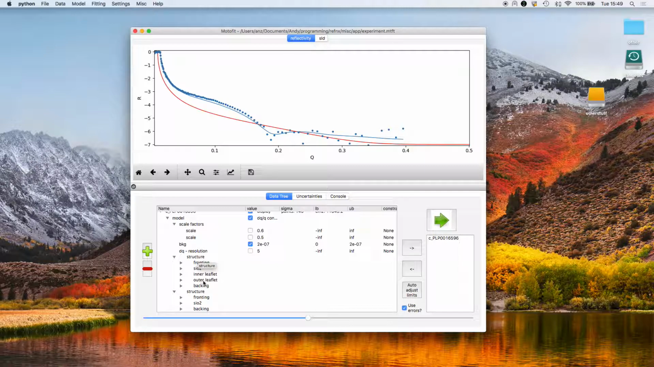We have this first structure with the inner and outer leaflet on, that sits in between the native oxide and the D2O, or the backing medium. And then in the other part of the system, we have simply silicon dioxide against D2O with these different scale factors. Now when we analyse this data set,